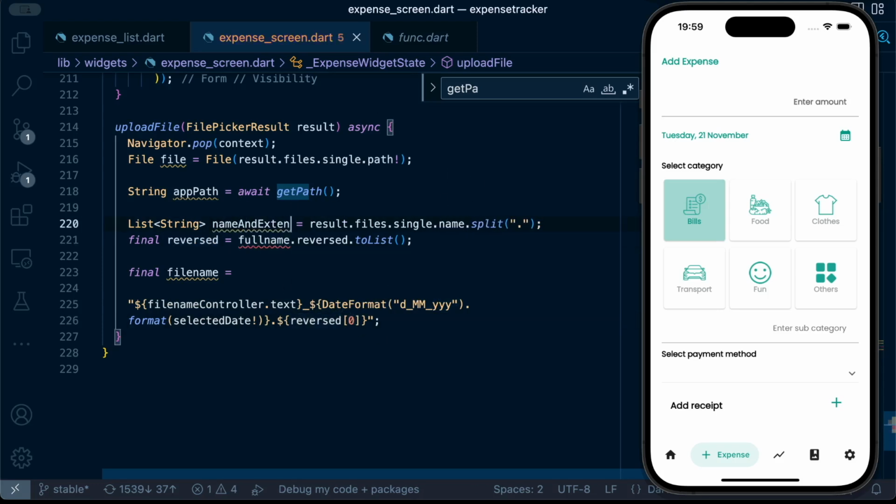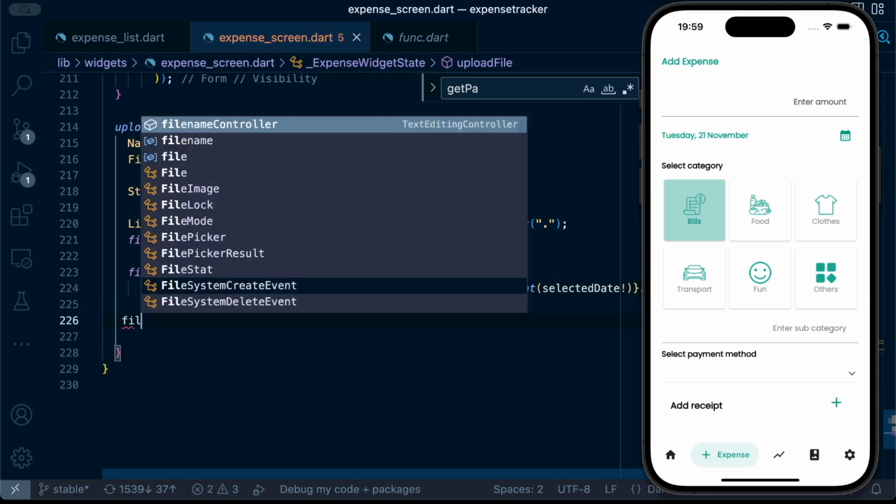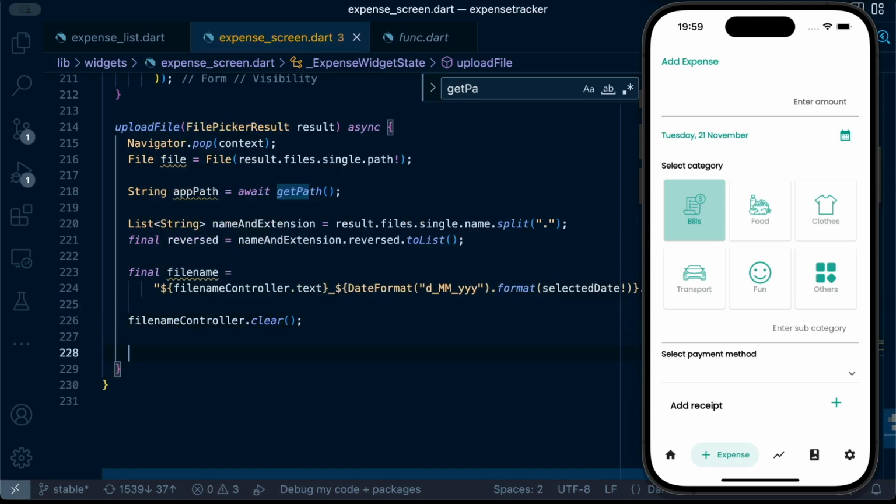So the first index is the one that's going to have the extension. Simply that. So that's how we have restructured the name of the file. And then we're just clearing the text field,